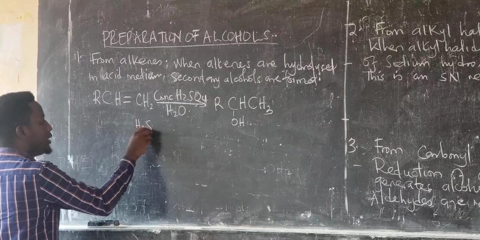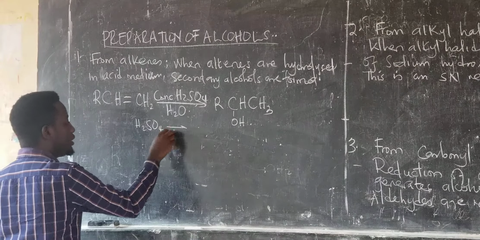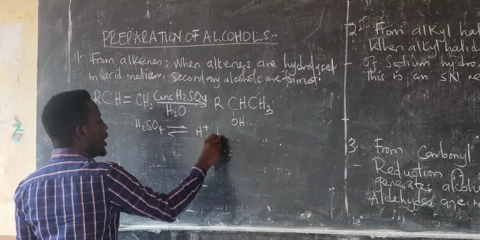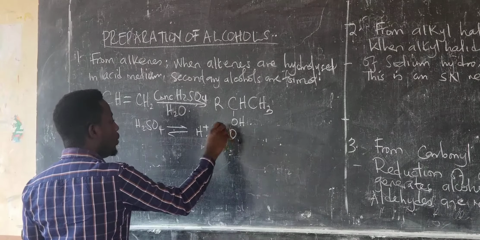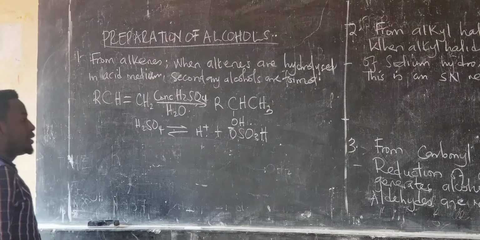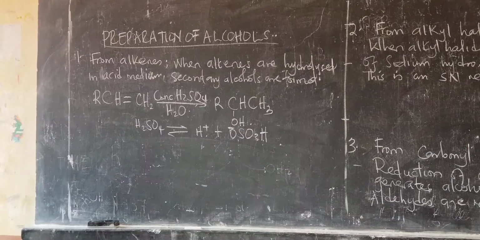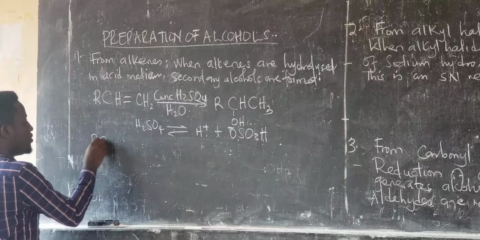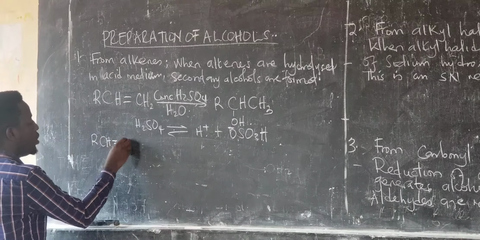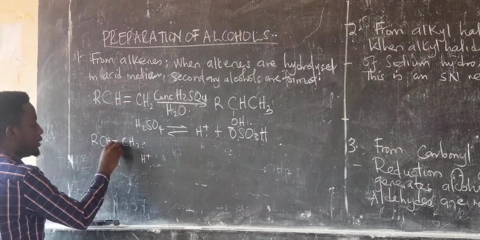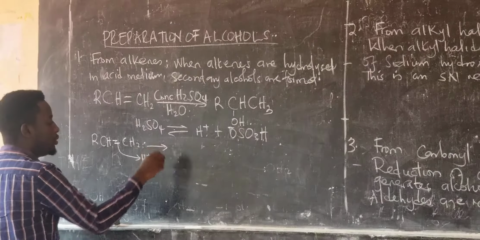The sulfuric acid will dissociate first, leading to the formation of hydrogen ions and the hydrogen sulfate ion. So what happens is that you have RCH double bond CH2 attacking the H plus, leading to the formation of